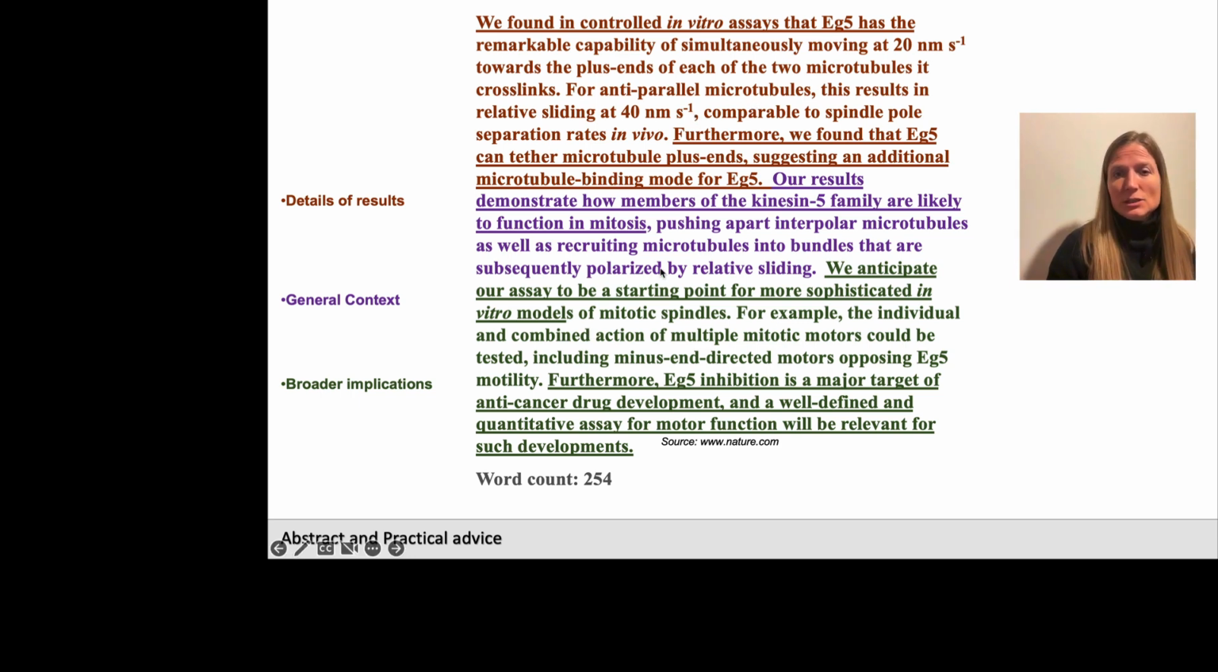And now these results are put into a general context and even broader implications. The broader implications mean something like, we anticipate that our assay would be a starting point for more sophisticated in vitro models. Or, Eg5 inhibition is a major target of anti-cancer drug development, and a well-defined and quantitative assay for motor function will be relevant for such developments. Why is your study important? And I have to confess that especially this last part